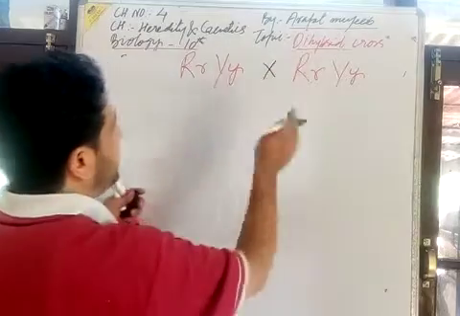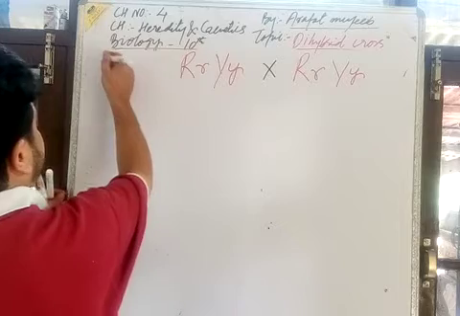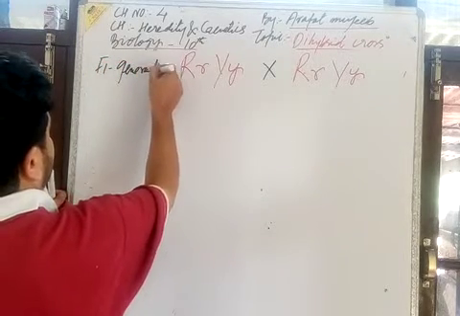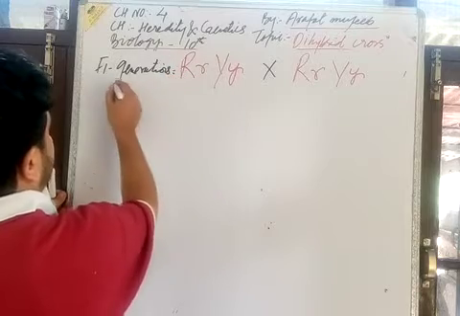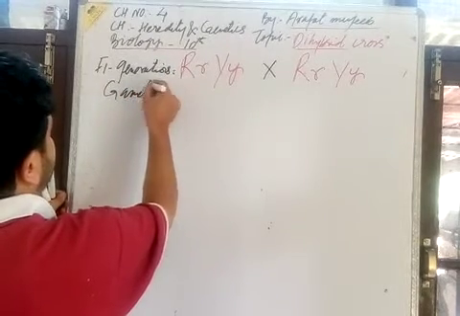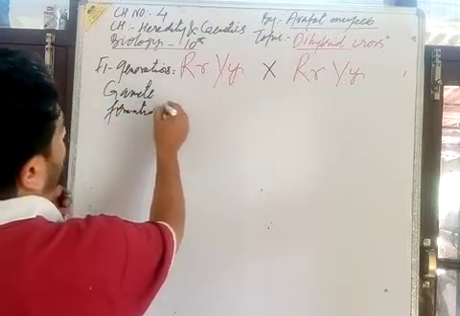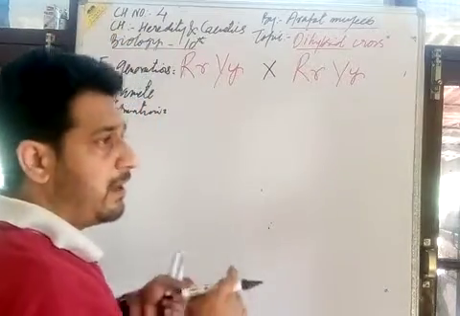Interbreeding in the first filial generation, it is the F1 generation. In the F1 generation, if there is again gamete formation, there is gamete formation according to the law of